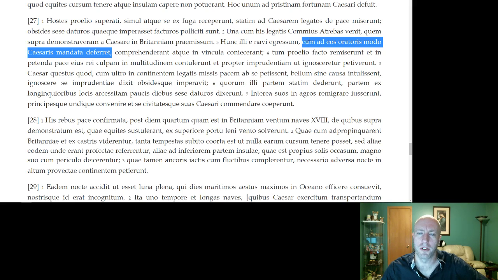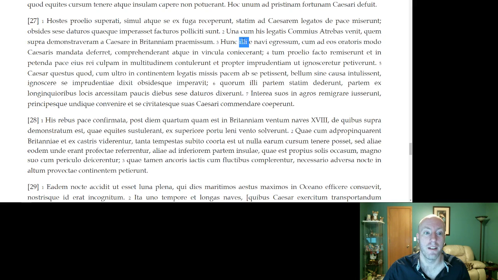So I think cum here is probably best translated as although. You're not wrong to say when, but I think we mentioned this before: you can vary your translation of cum a little bit depending upon how it's going with the sentence. So they, the enemy,